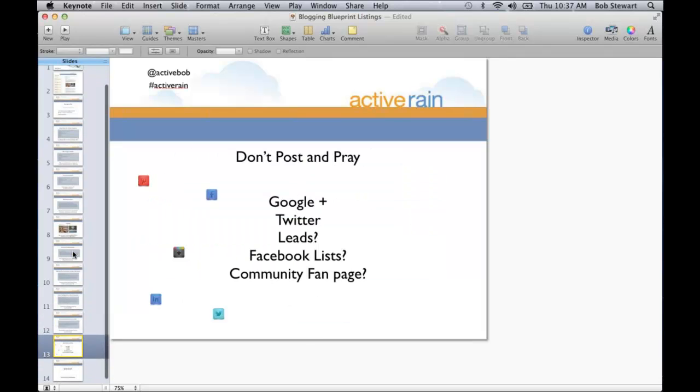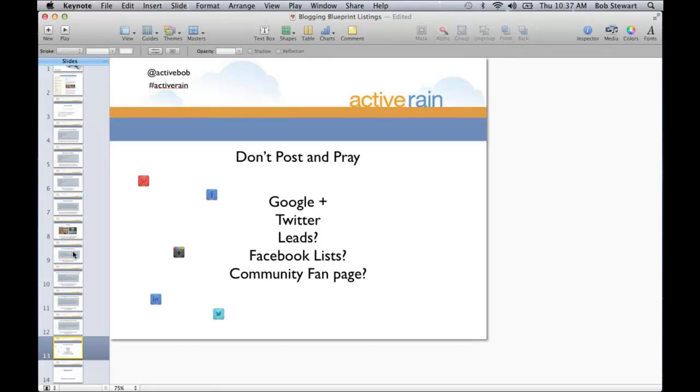The last little thing that I always try to reinforce to you guys is don't just post and pray. Don't just post this thing out there and then sit back and be like, man, I hope somebody finds this in the search engines,